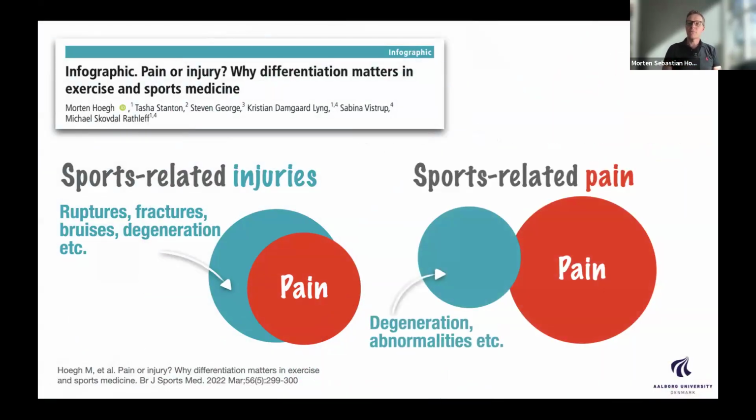when we have what we, in this case, refer to as sports-related pain, just because the paper is talking about athletes, but this goes for everyone, of course, where we have maybe degeneration or abnormalities like spinal abnormalities, and some have pain and some don't. So we get into this area of lots of confusion and insecurity and uncertainty where we really don't know what to call things. So talk about low back pain, for instance, what is it really? Or as we will today, talk about knee pain, anterior knee pain, what does it really mean and encompass?